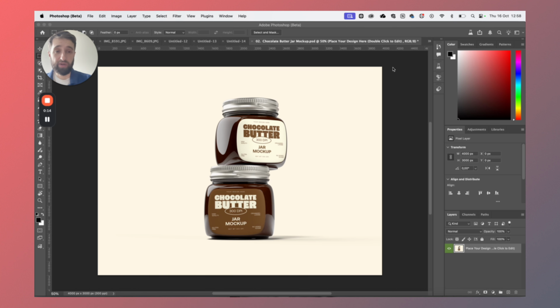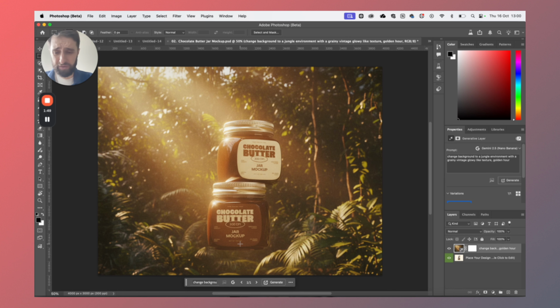I find this mock-up kind of boring. It's nice if you just want something plain and simple, but we can do something cooler. Okay, so I'm going to write in a prompt here. Change background to a jungle environment with a grainy vintage glowy texture, golden hour, and let's see what we get. And look at that, they're floating right now, so I think I could change the prompt to say maybe the